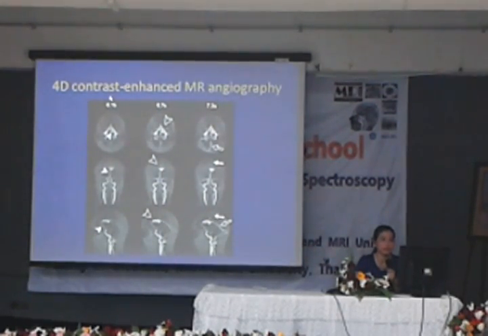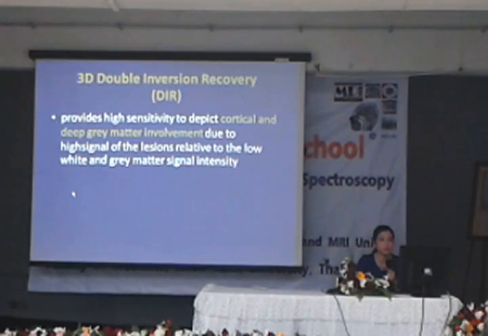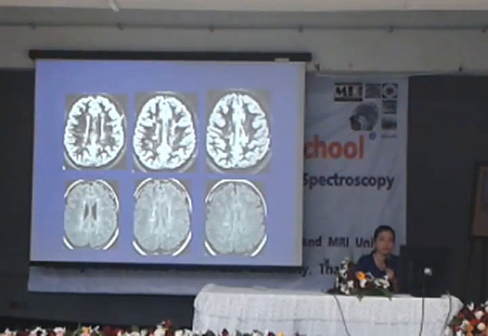Another thing is 4D contrast-enhanced MR angiogram that makes us able to detect abnormal vascular lesions in the brain and follow the timing, consistent with the angiographic image. It's very useful. And another thing, the double inversion recovery. This one can help us to depict cortical or deep gray matter involvement, especially in the case that we call